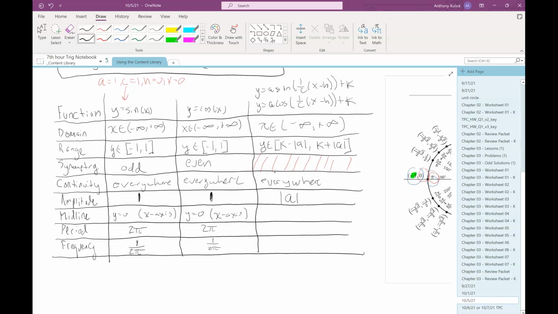Everybody cool with that? And the vertical shift was controlled by A, C, H, or K? The shift up and down vertically is K. A is stretch and shrink. And remember that K is additive. So my old equation was y equals 0. When I add K to that, I just get